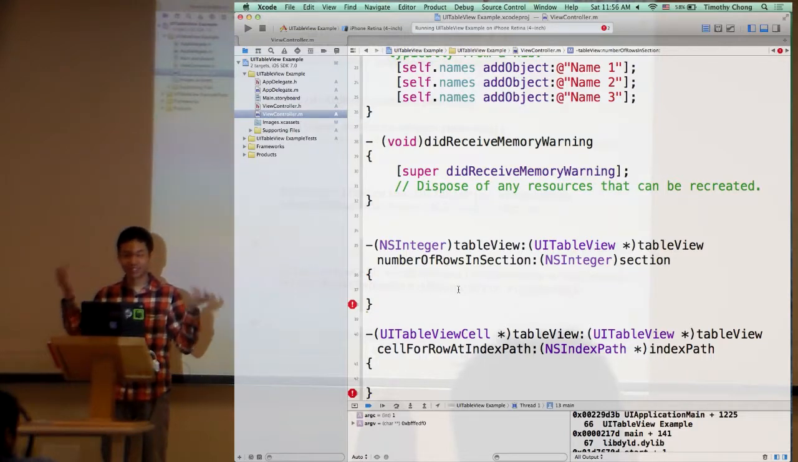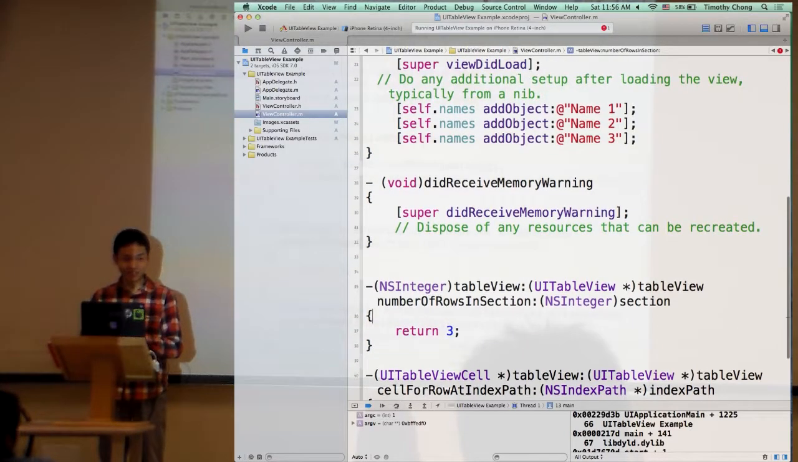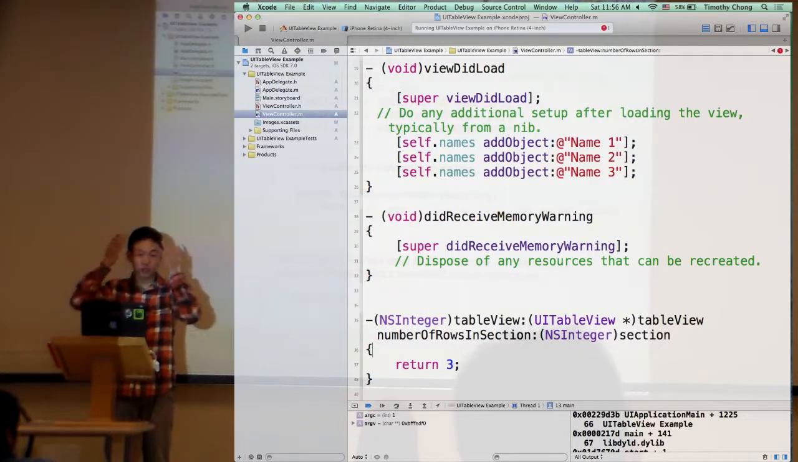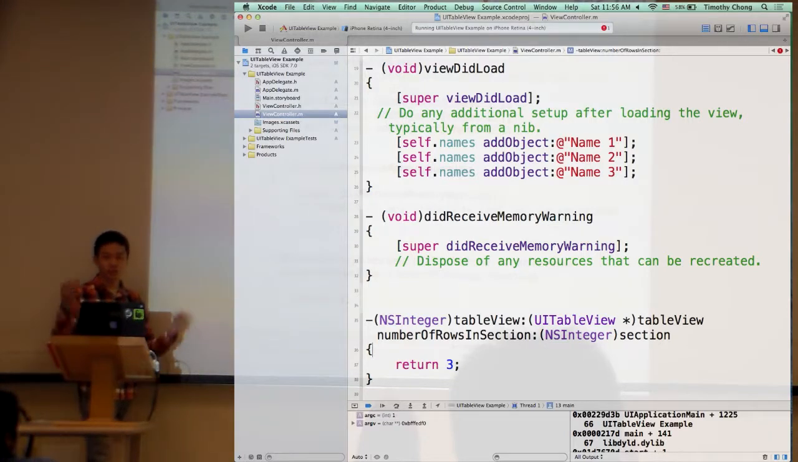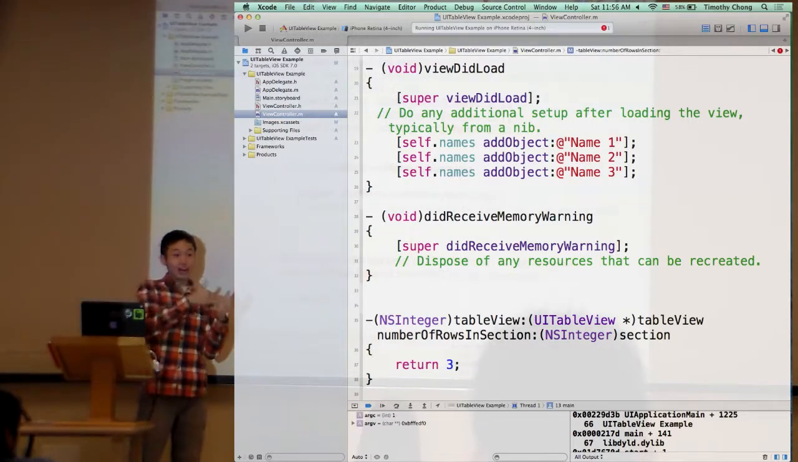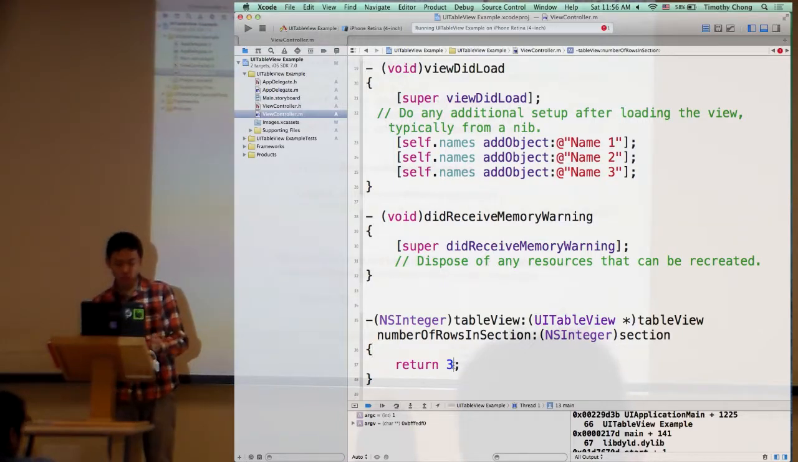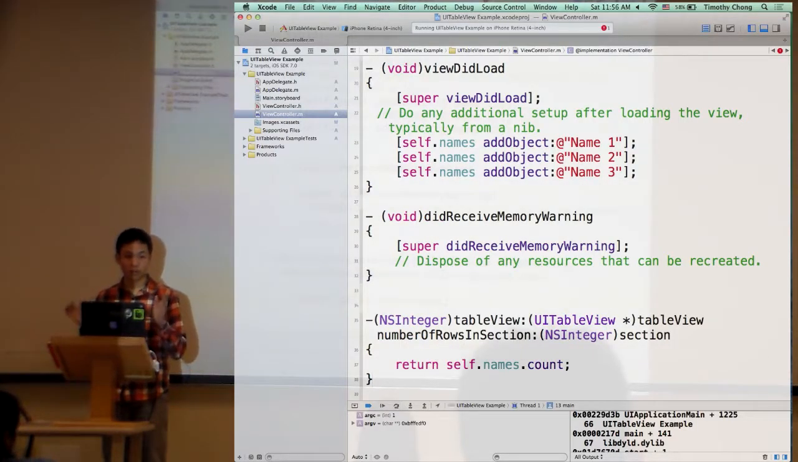How many rows are there? If I want to present these 3 things. 3, exactly. Okay, so you can say return 3, except that from the programming perspective, you probably wouldn't want that because you don't know the size of the array. Let's say you want to add people along the way while the program is running, so you don't want that to happen. So what you can do is say